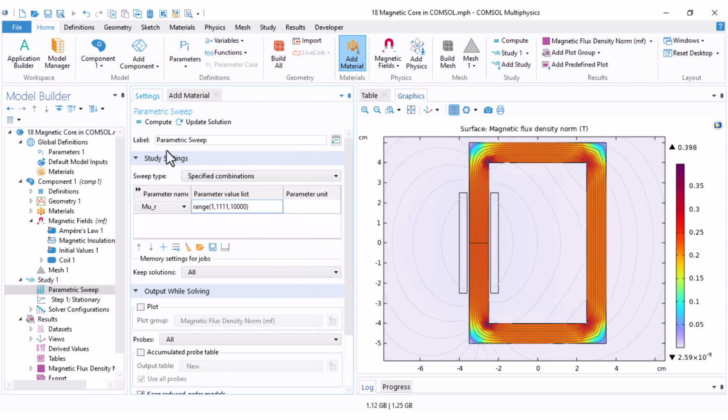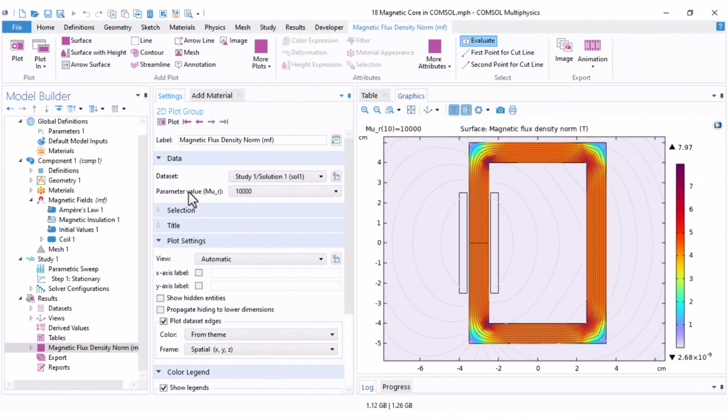I click on replace and then you can compute your model. Here you can select your parameter value. At μr equal 10,000, Bnorm can display values like 7 Tesla. That's physically unrealistic for steel, but it illustrates how the linear model behaves if you force a huge μr without saturation. At μr near 1000, you can see that the Bnorm is around 0.8 Tesla, which is much more reasonable